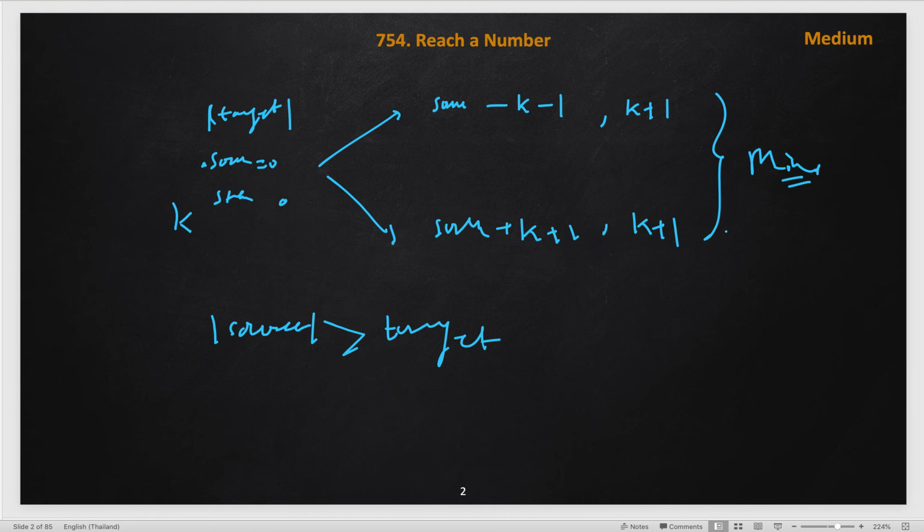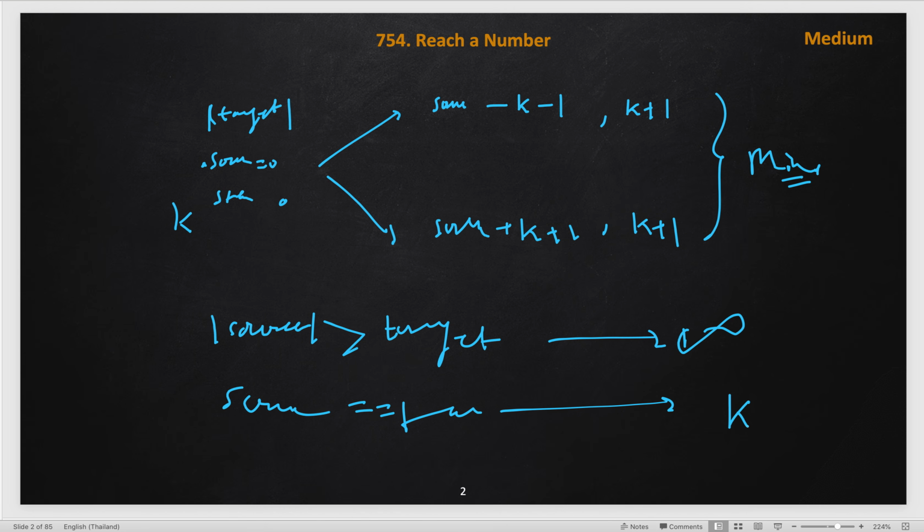If we take more steps, we will go out of that boundary and can't reach the target, hence we return max, plus infinity, so that since we are taking the minimum, that path is removed. The other case is if we meet the target, if source equals target, in that case we return k, the number of steps we took so far. So this is the brute force approach, at least you can come up with.